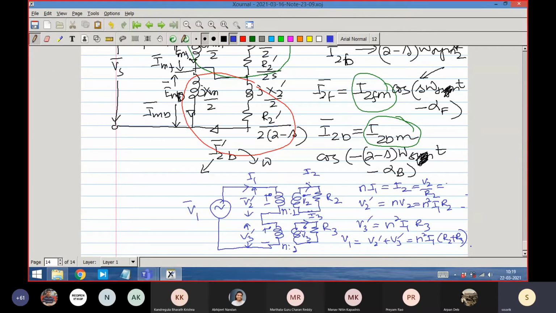It is not as simple as doing a first year equivalent circuit and first year resistance. Rotor current is not that. Rotor current has a completely different frequency than the stator supply frequency, and there are two frequencies. One is S omega S, because I am talking in electrical terms. In the other case, it is (2 minus S) omega S. There are two frequency components of the current, but their reflection on the stator is again bringing them back as if it is a supply frequency current.